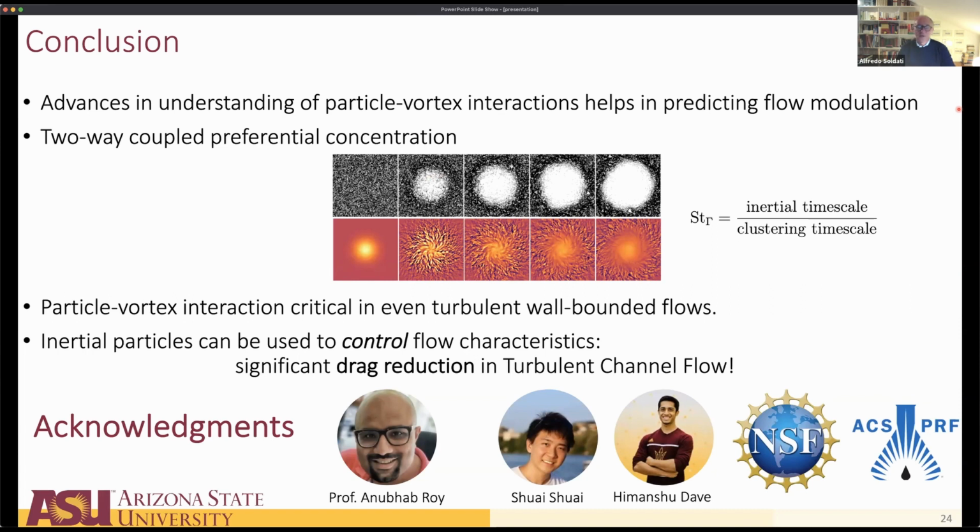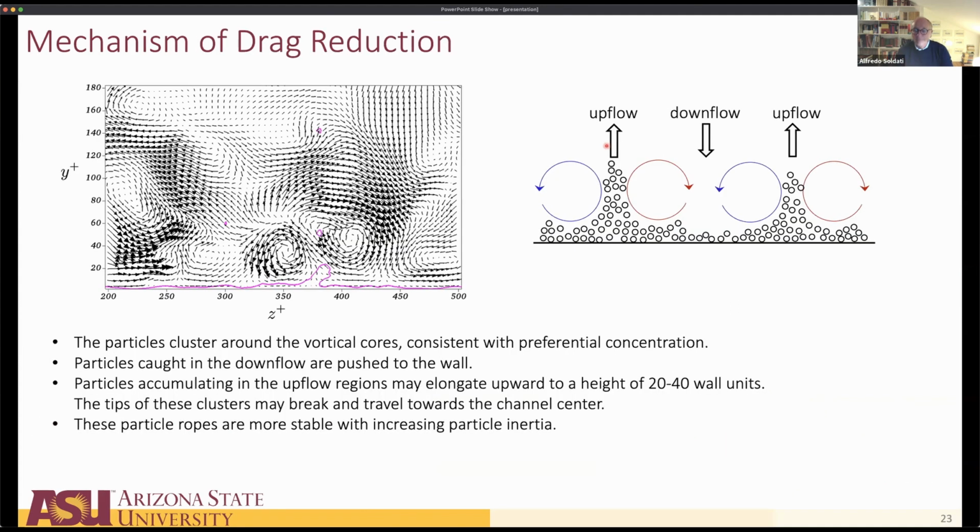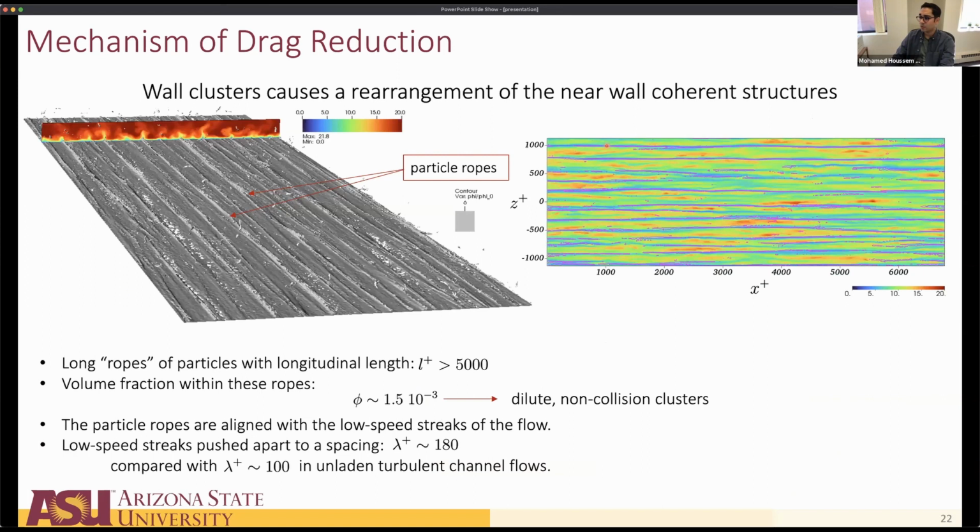Yes. Okay. Sorry. So with your method, can you control the accumulation of the particles? So are you sure that you can reach a situation in which you have realistic accumulation, so particles do not overlap with each other? Yeah, so in this case, we actually do have collisions turned on. So the particles are not overlapping because they would collide. But even though collisions are turned on, as I was saying, the volume fraction is really low in those particle ropes, so the odds of collision still remain very low.